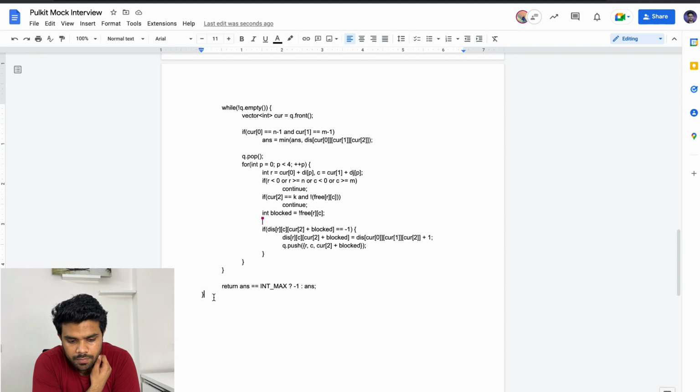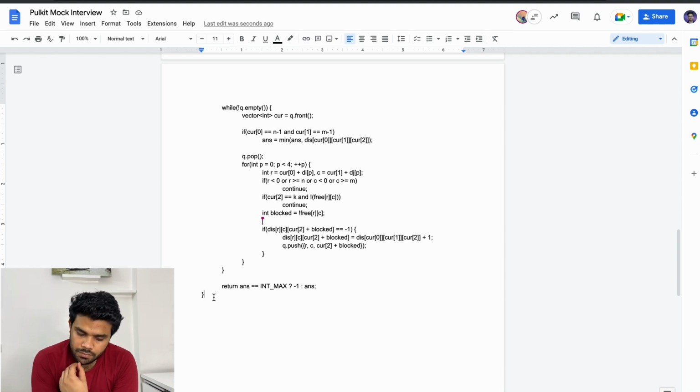The problem with that is that we have to check for all the different possible k values now. The thing is that if we had to check if it is possible to reach the n minus 1, m minus 1 node or not, then we would have returned true from there only.